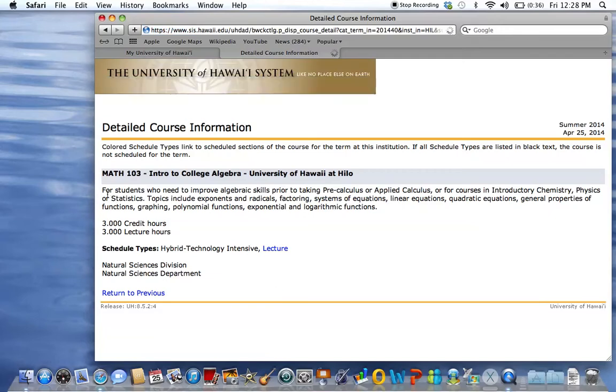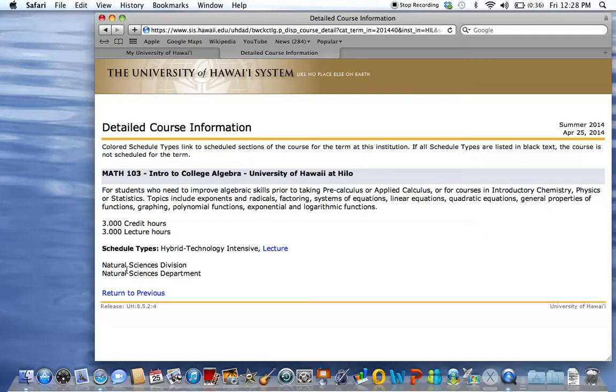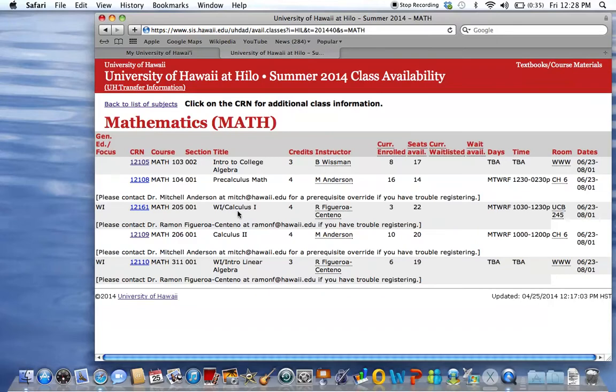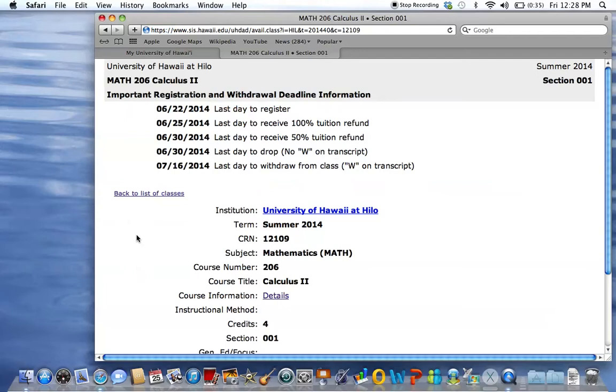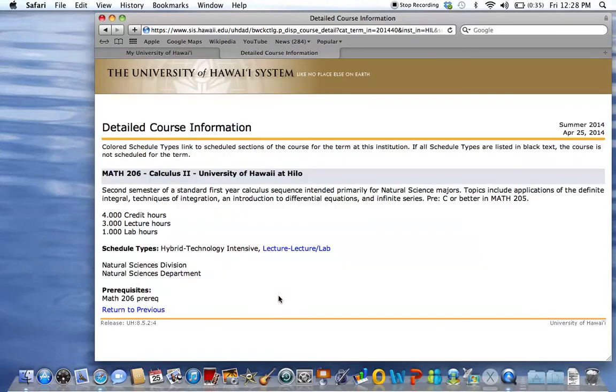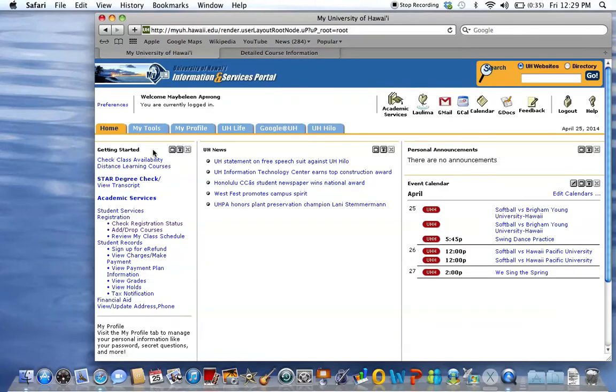it describes the class for you, how many credits, and if you click on a different one, it can show you if you need prerequisites like this. See here it says prerequisite Math 206, which means you need to take this in order to take Calculus 2. Once you have your CRNs down, you can go back to the MyUH portal, and now you